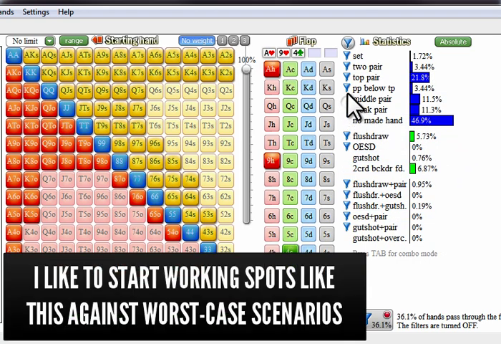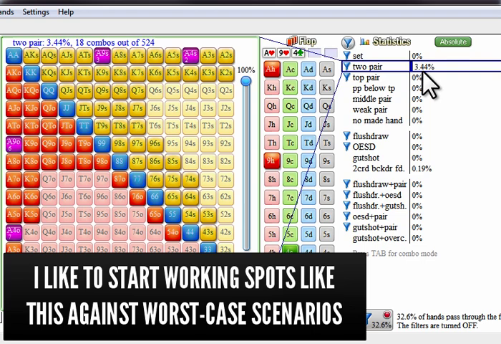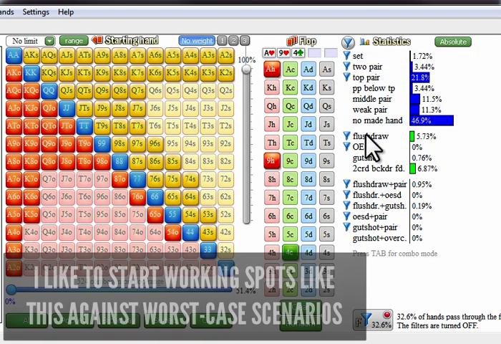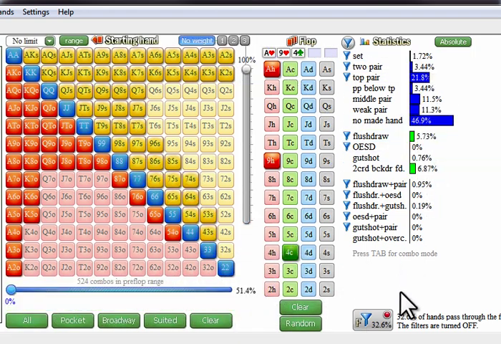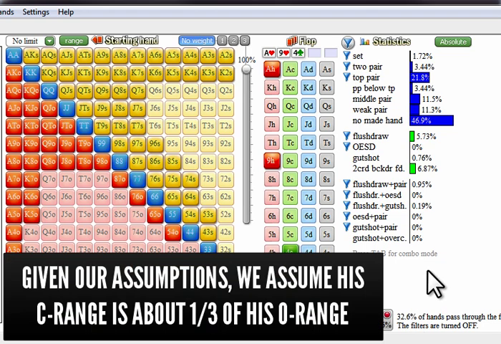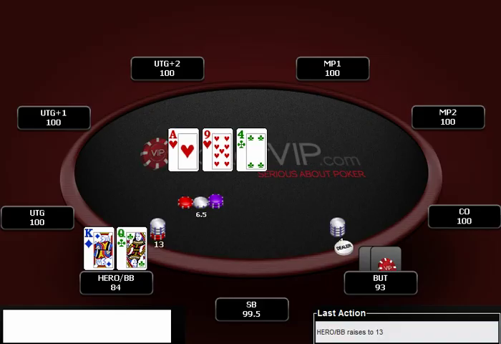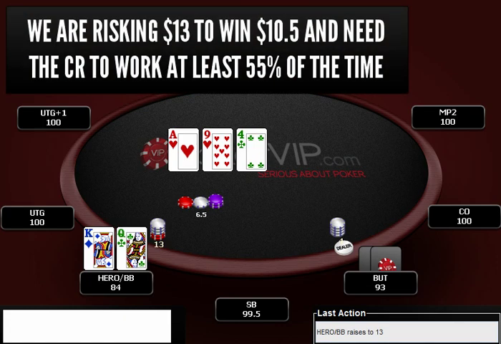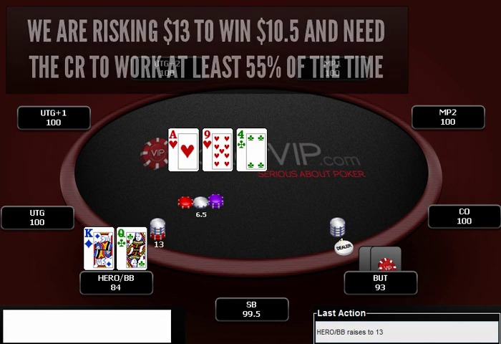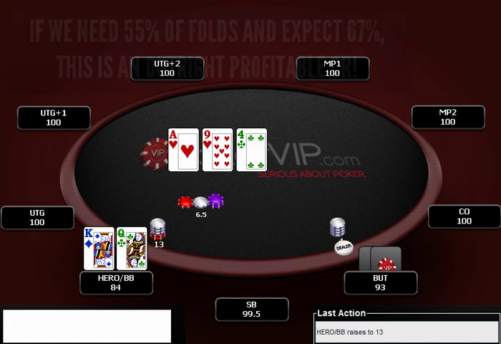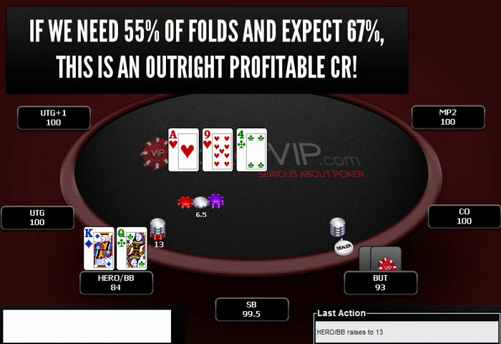So at this point, we think he's going to continue with top pair or better. So top pair, two pair, sets, and also going to continue with flush draws. And we see down here that that hits roughly 1/3 of the time, which subsequently means that he misses roughly 2/3 of the time, and we should be expecting folds roughly 2/3 of the time. So if we pull out our math, it's not too complicated to see that we are risking 13 to win 10.5, so we need at least 55% folds to break even. If we think we're getting roughly 66% folds, then obviously it's very easy to see that this is a